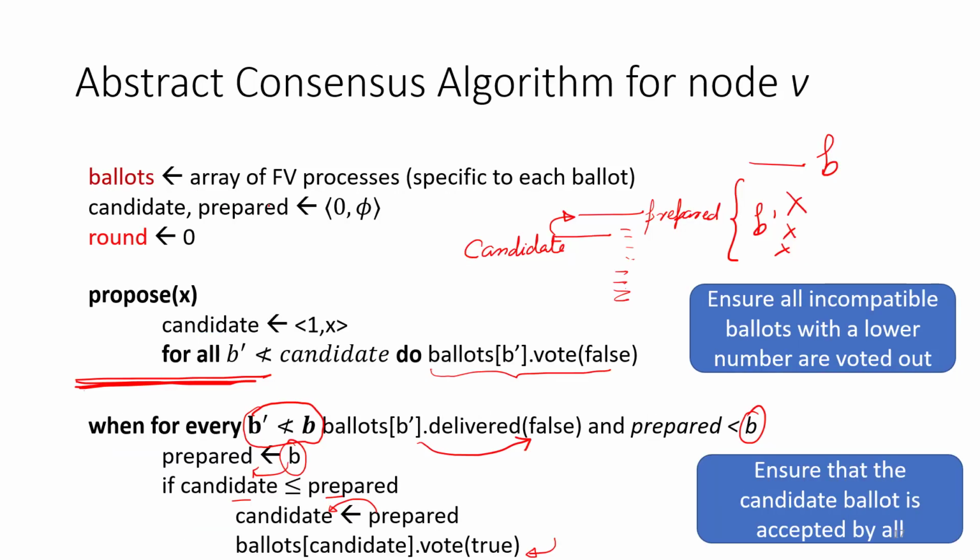Right? So as you can see, we use federated voting, and even the top level algorithm is also federated voting. So essentially it is a two level hierarchical federated voting, where our aim is to cancel out all the ballots with a lower number which are incompatible. Once they are all cancelled out, then we say that look, here is the candidate. So first we vote false, which is this cancelling process, and then we vote true, which basically means now all of you agree on this candidate.